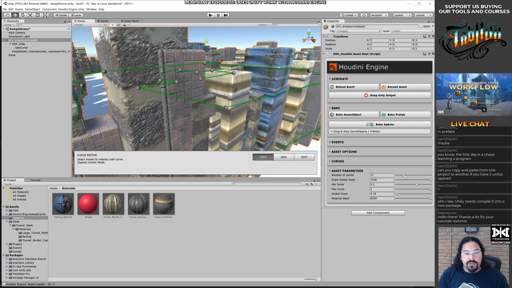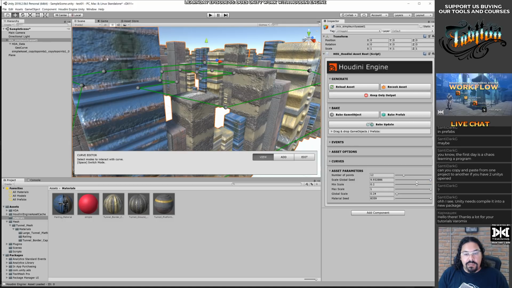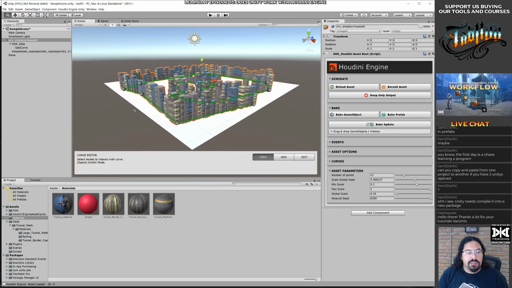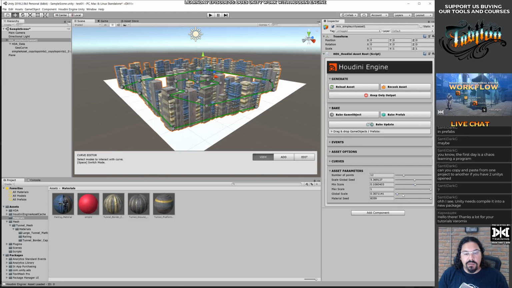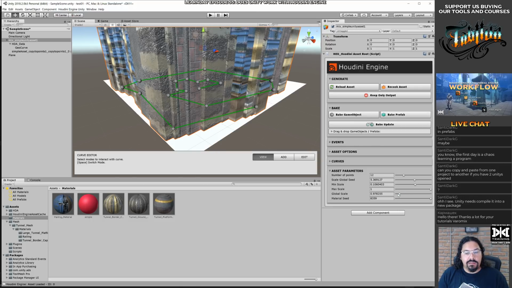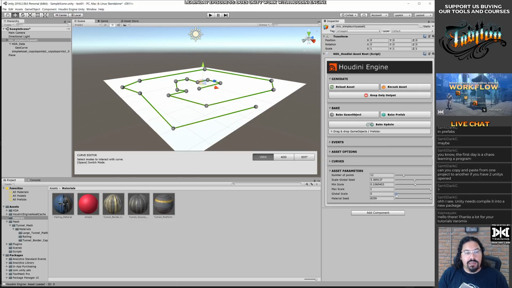Number of points, it doesn't do anything now. You can change the global seed, make minimum sizes smaller, maximum sizes bigger. Global scale, we can change that.